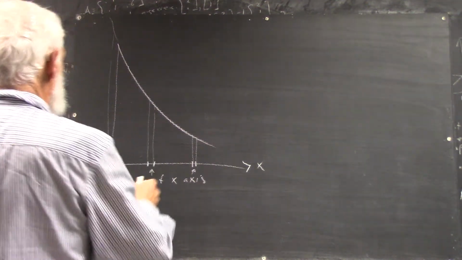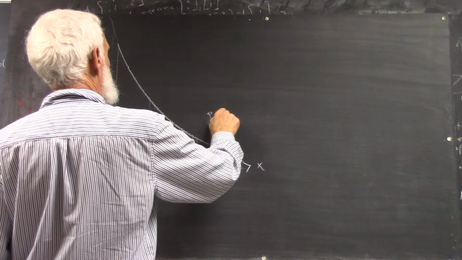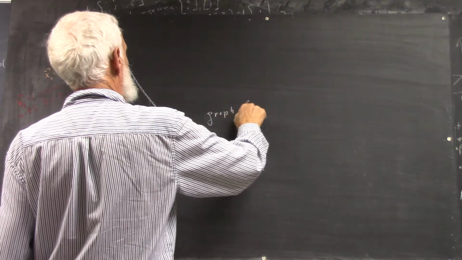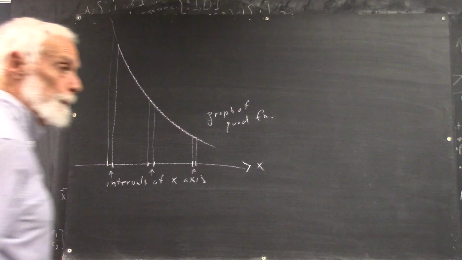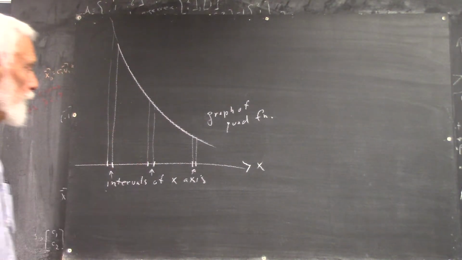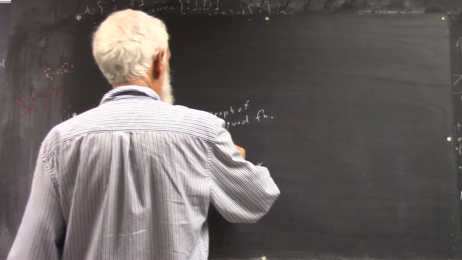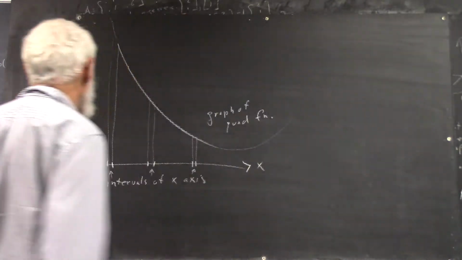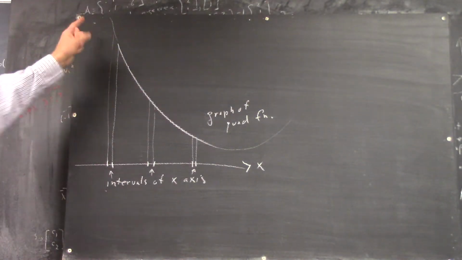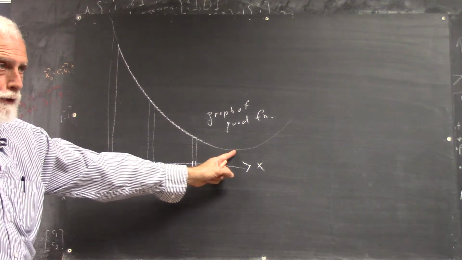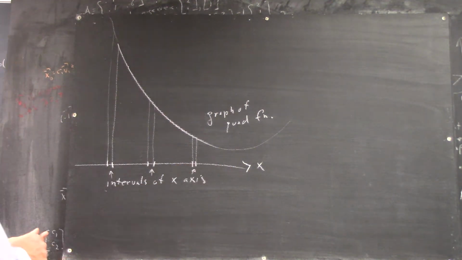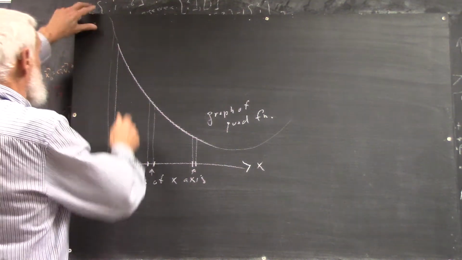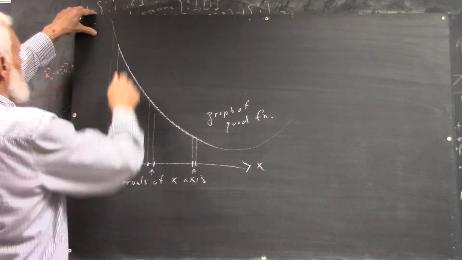Okay, so we have a graph of a quadratic function, right? We have intervals of the x-axis. Now the graph, it's a quadratic, and it continues, and then it starts back up. If it's a depth versus time thing, of course, the domain just kind of stops right here, where things stop decreasing. But we have intervals of the x-axis, so for those intervals, we get points